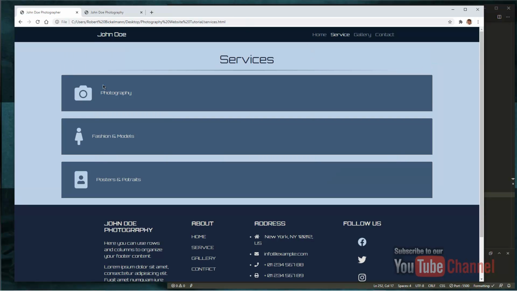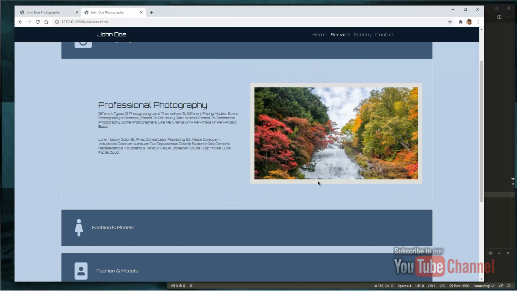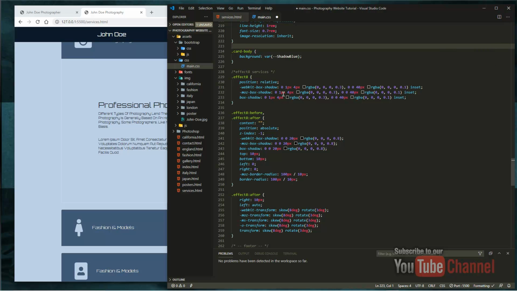But if you look at the original here, we have a small border around it, which we don't have here, and that is what this effect 8 is. So practically, position is relative, like it always has to be, and these are then the box shadows for the different browsers. And then this is the box shadow which is for Chrome here,